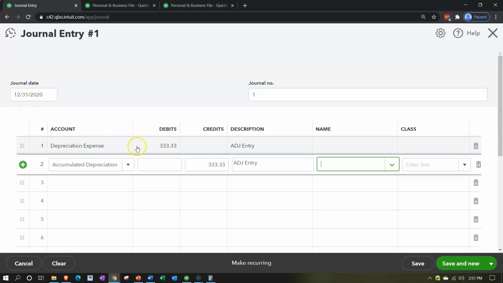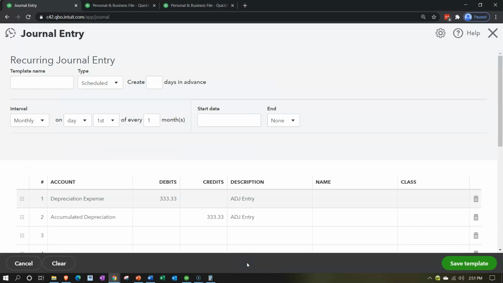Now, I'm going to make this a recurring transaction in a similar way we did with the forms down below and try to record this every month. So I'm going to go down here and say make recurring. And so it's going to be a template. Now we could either schedule it or have it as a reminder. So if it's a recurring transaction, we know it's going to be the same, then we might simply record it, just schedule it. If it's straight line, it typically will be the same, but if we're using some other kind